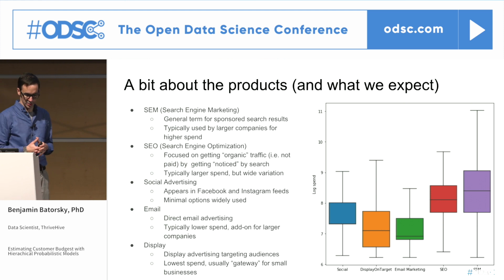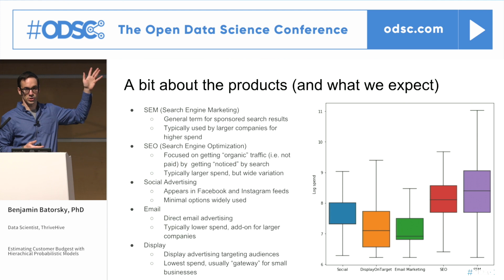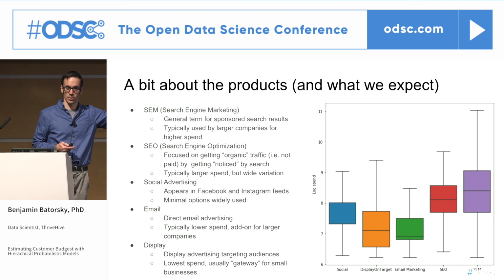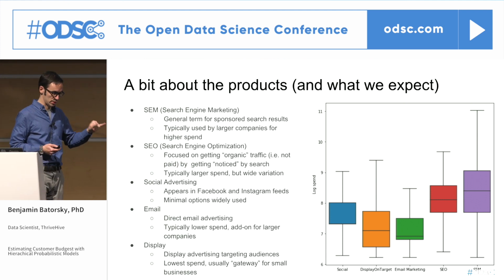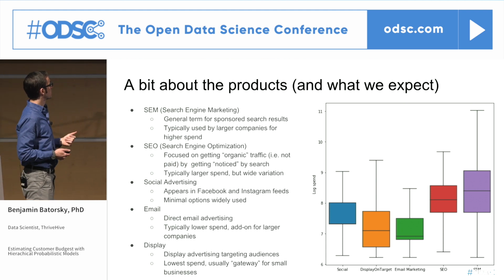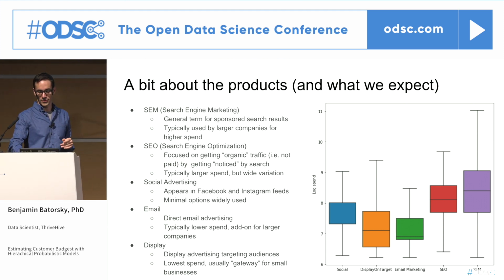So let me talk a little bit about the products. On the right here, your left, here's the distributions of log spend across these 5 different products. This is a lot of detail about these different marketing campaigns, but the important thing that I want to talk about is what is the expectation that we have out of estimating the posteriors on these product level parameters. And the expectation that we have is typically, can you guys see that? I can barely see that. Typically, email and display marketing campaigns